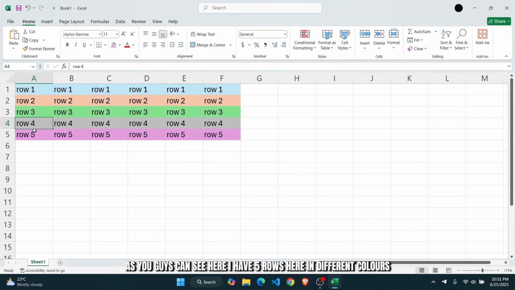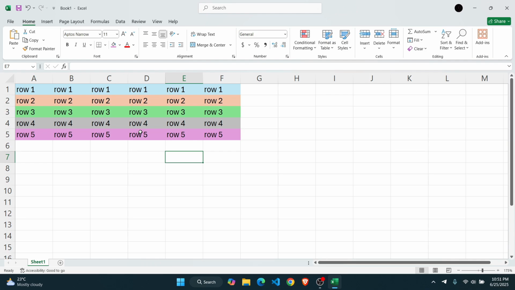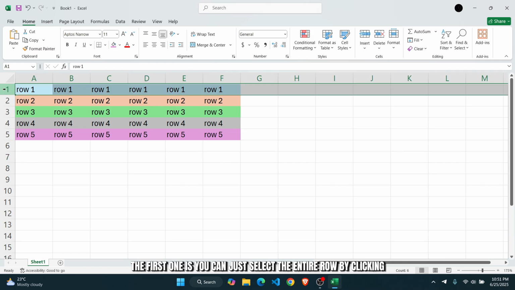As you guys can see here, I have 5 rows in different colors, so it's easy to distinguish between them. So if you want to swap rows, there are quite a few things that you can do. The first one is you can just select the entire row by clicking on the left side of this row tab. Let's say I want to move row 1 all the way to the bottom on row 5,